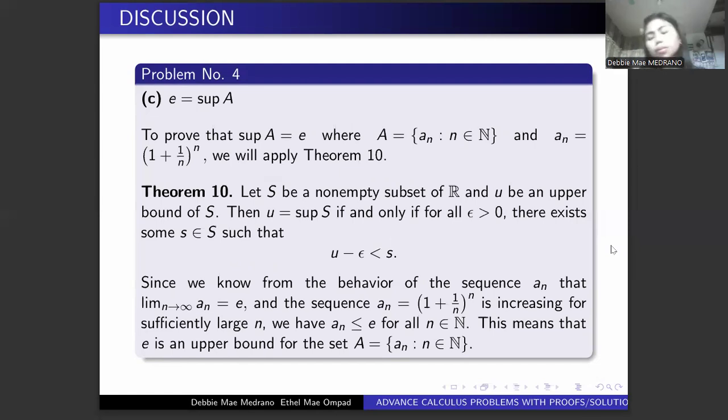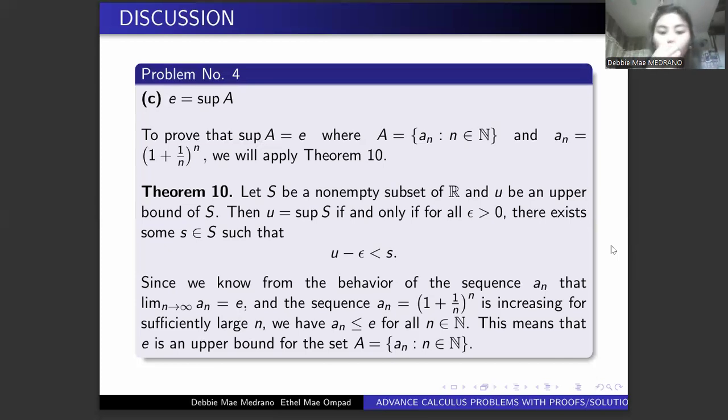To prove that the supremum of A is equal to E, where A is defined as A sub n, for n an element of the natural numbers, and A sub n is equal to (1 plus 1 over n) to the power of n, we will apply theorem 10. So what is theorem 10? I don't know if I was able to put the basic definition, but I actually got it from our discussion